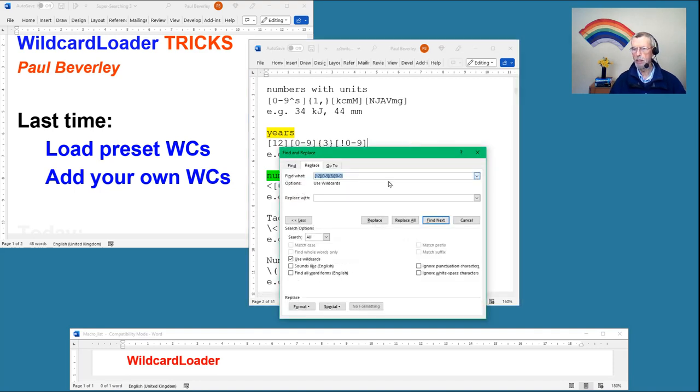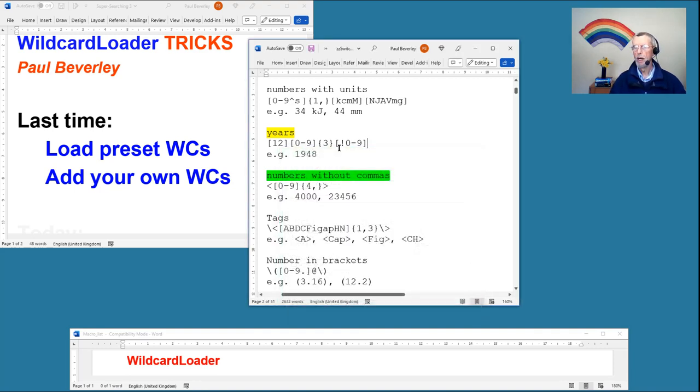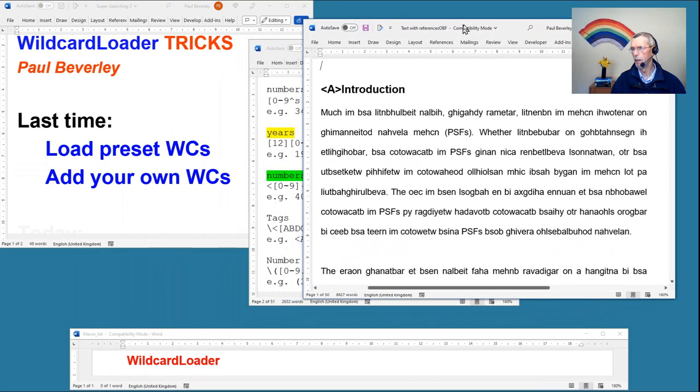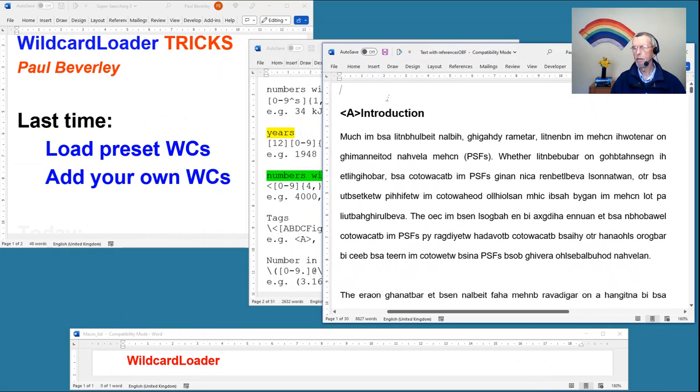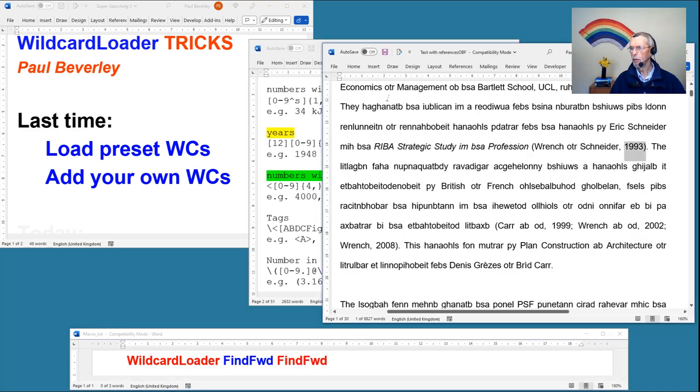You can just check, there it is in the find box, and it jumps to the first item that fits that wildcard. So if we've got some text here that might have years in it, if I use find forward, I can go through and look at the different years in the document there. Okay,